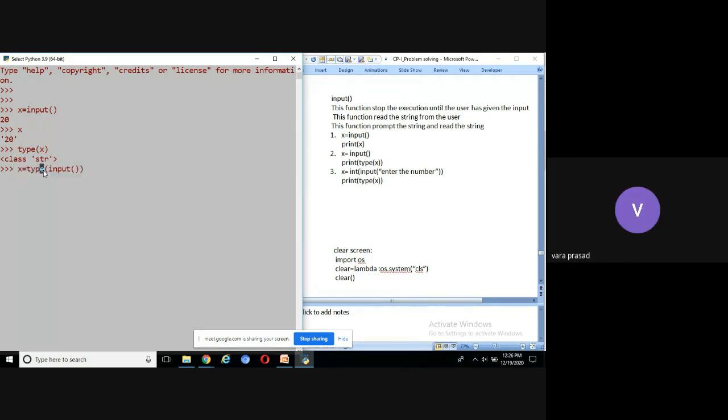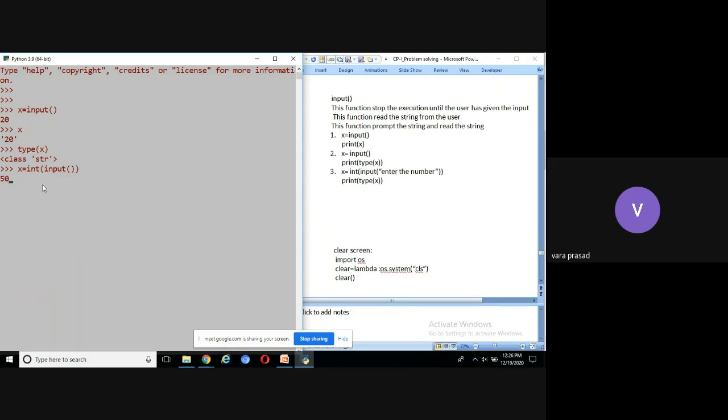Now you can see this line: x equal to int input. The input function reads a string, converts the string to integer. That value is stored into where? x.